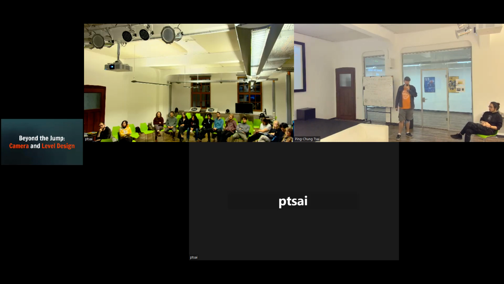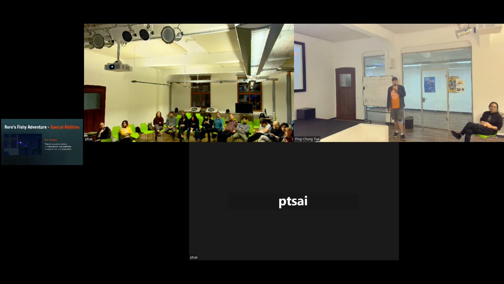So moving on beyond the jump for a bit, we're going to talk camera and level design. Yes, that's the light mechanic. Did you also think about forgiveness for the movements that you mentioned? For example, who is directing the light, what if that person redirects the light a bit earlier than the other player who's jumping? Not yet. What about forgiveness in regards to this? I have in regards to the hooks, which is just similar to jump buffering, where if you press the button and a hook is still there.